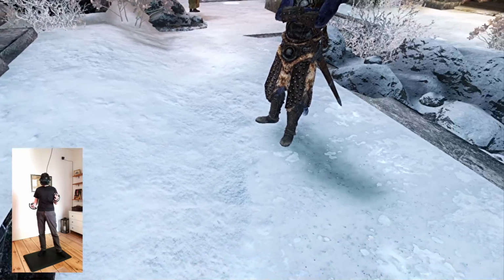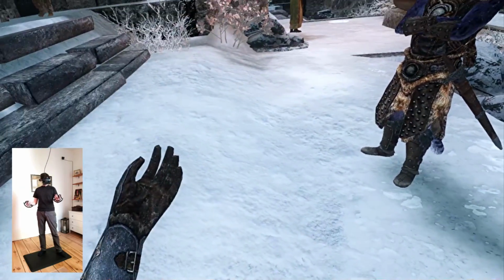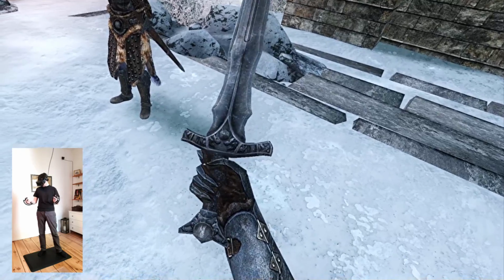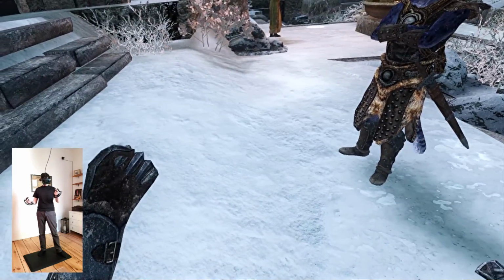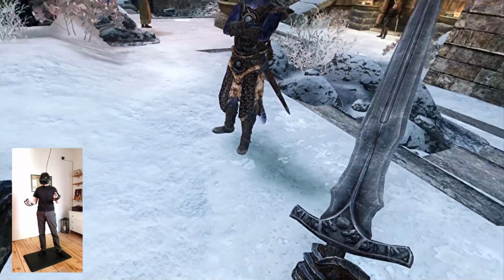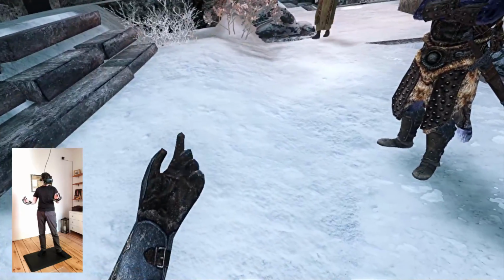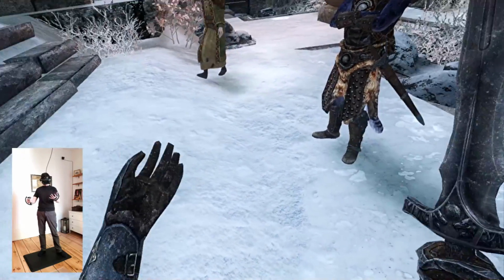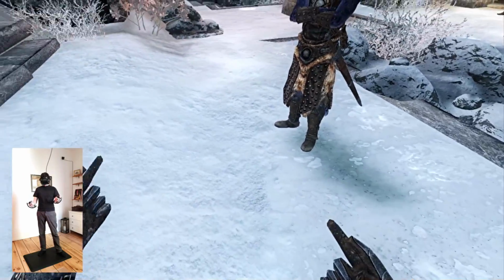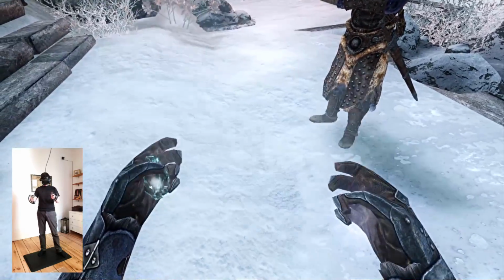In addition to that, with earlier versions, as soon as you had a weapon out, the other hand would stop animating and would become like Skyrim's fist thingy. This is now fixed as well. So I can have a weapon out that animates, and I can have my free hand still working. I can also use spells the same way. This is nothing new, right? Finger animating,